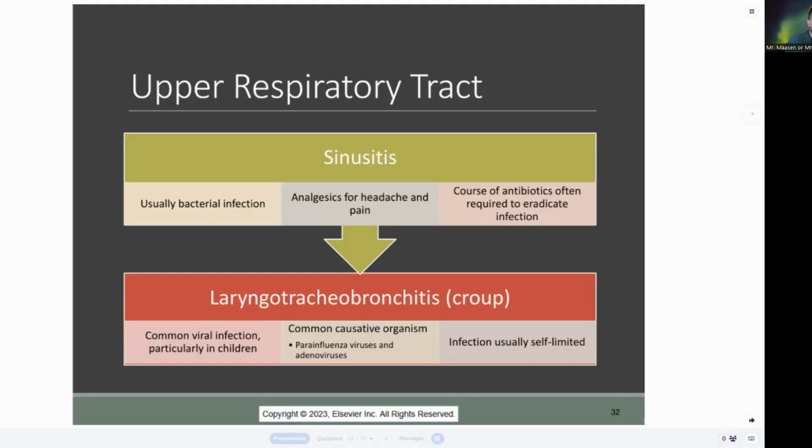Croup is a common viral infection typically seen in children, especially that newborn to infant stage. Parainfluenza virus and adenoviruses cause this. It's self-limited, meaning it usually runs its course, but the thing with croup that people always talk about is it does this barking kind of cough that sounds terrible, especially in a little baby. It sounds awful. That's how croup gets its name, because the cough sounds like a whoop sound. That doesn't really make any sense. Don't focus on croup. Focus on your common cold,